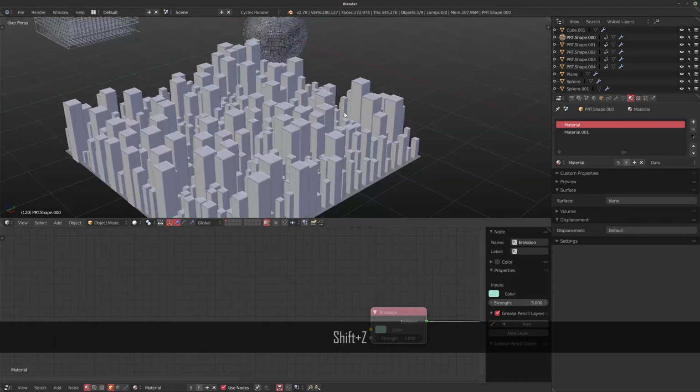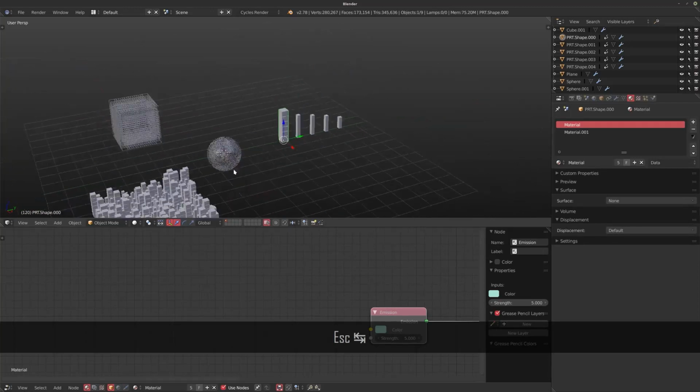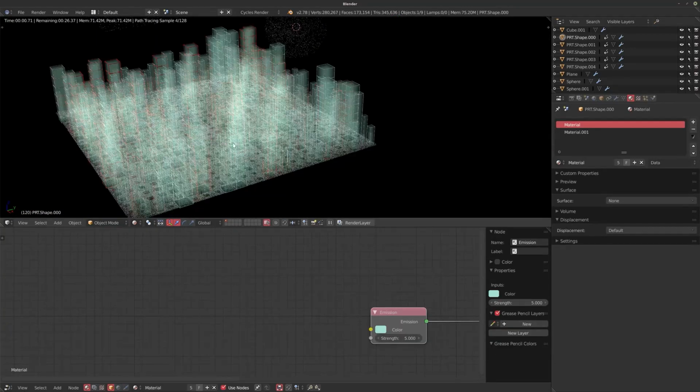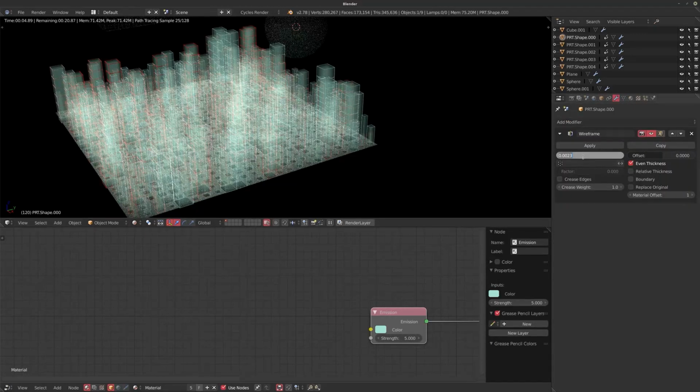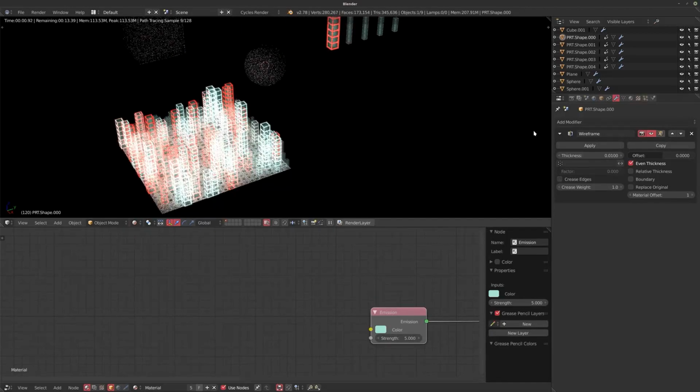Now something else that you could do while you're doing this stuff is, let's see, if we add in a couple of subdivisions to this one. There we go, and we go back to our array, then you'll have these almost building-like looking things, and some of these extra edges really shine through. And again, you could tweak the thickness of the wireframe, you get these really interesting looking UI elements. Now this is a little over the top, but it just goes to show you how quickly you can iterate with this kind of stuff.